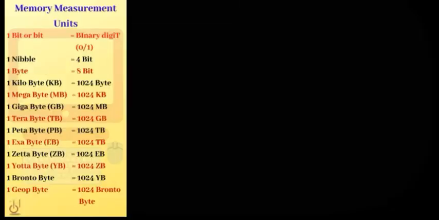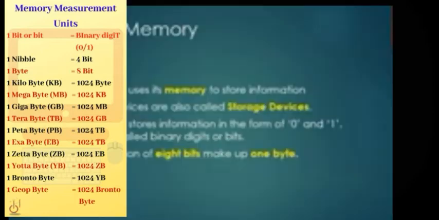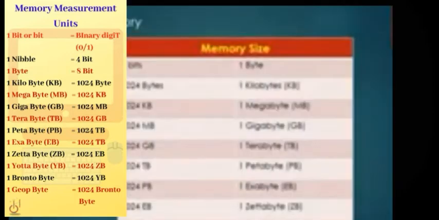Now, let's know about different memory sizes. As we have different measuring units for different things, we have some units in computer also to measure the memory. The smallest memory unit is bit. 8 bits make up to 1 byte, that is occupied by 1 character. But as you go for higher memory spaces, the unit changes, like